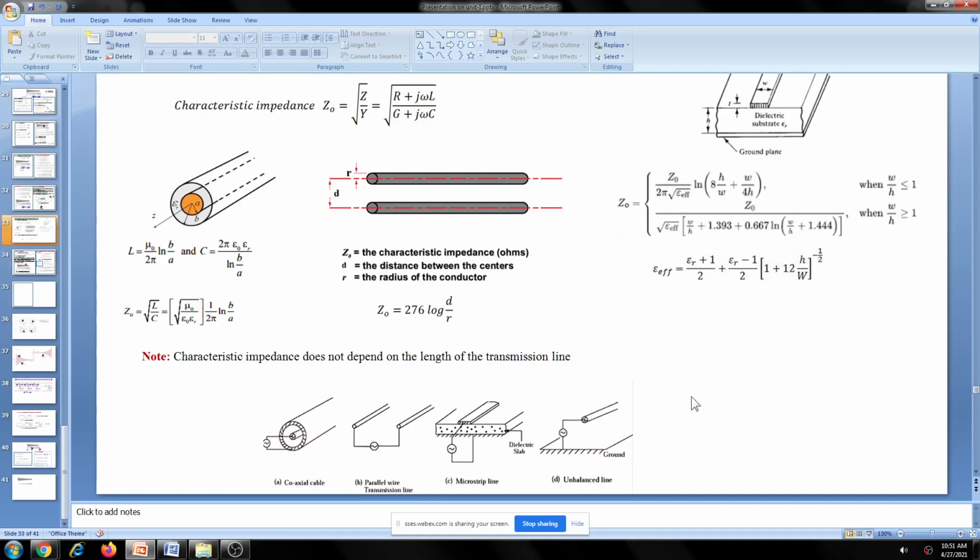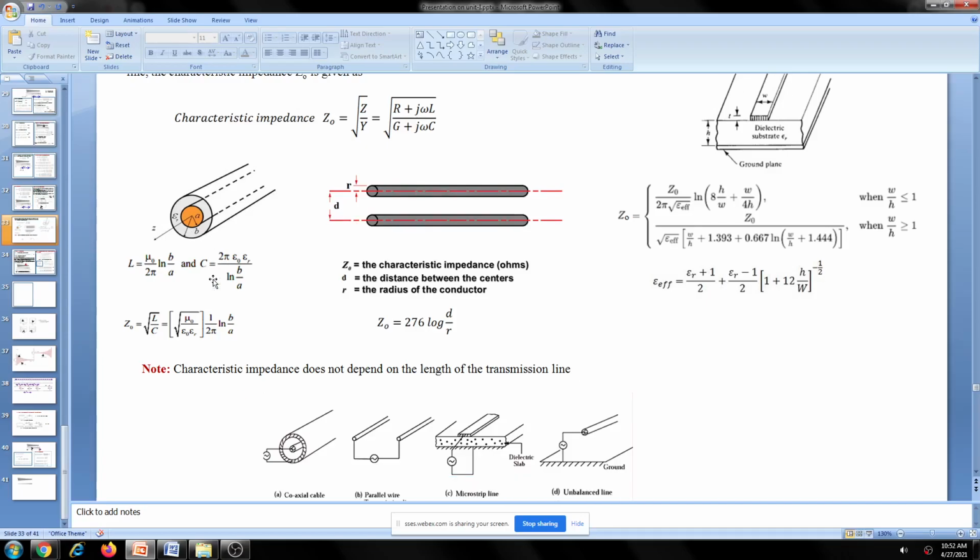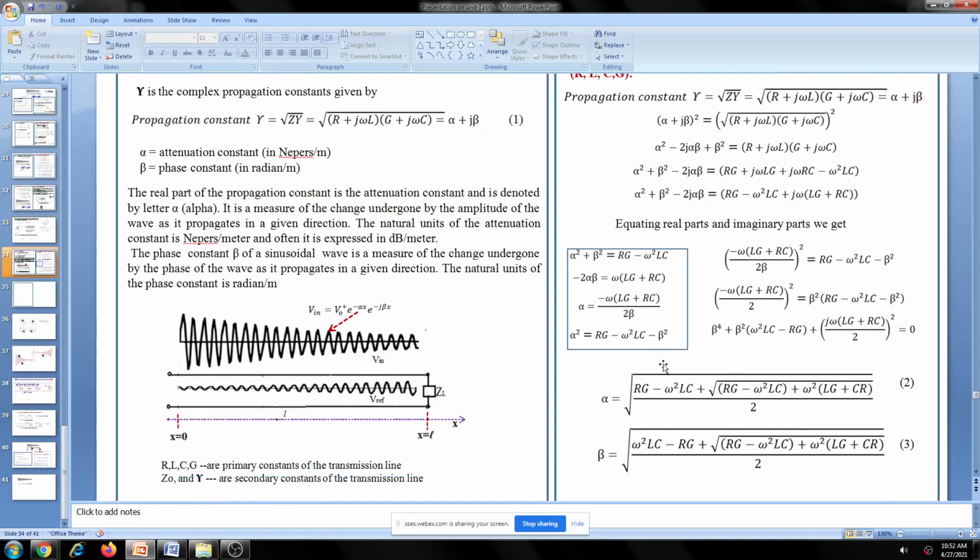If you go through the internet, you can find how to calculate the RLCG of any transmission line. You search on the internet and you can find the expressions for L, C, G and R of a particular transmission line. Tables are available. Using that table you can find the values of RLCG of that particular transmission line. So if you know those, you can get the value of alpha and beta.